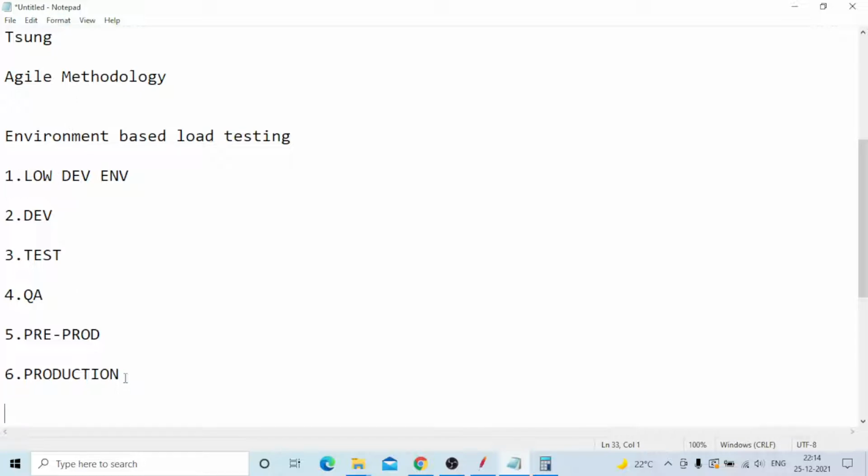These are the environments I will see. Low dev environment, it's a new application. It has only just started, maybe one or two pages only will be developed, but every page now only you need to test. Test means that one page only, you need to record that one and check what issues you can find. And there are so many online tools available, web based, for page loading time checking.